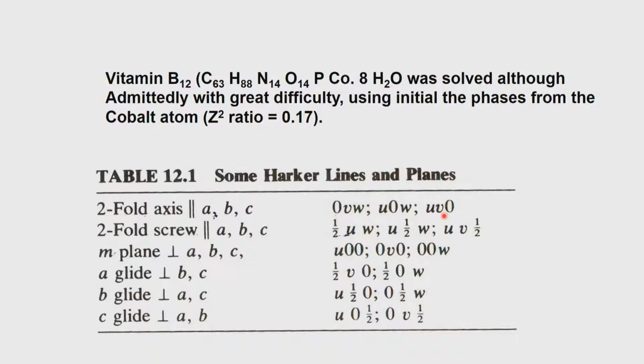So, if there is a two-fold, we have to examine the sections passing through x, y and z at half. Take for example 2 1 2 1 2 1. You will uniquely solve for U, V and W because you look at these three projections and you get solutions for U, V and W. So, if there is a heavy atom, then the heavy atom position in terms of U, V, W vectors is possible to be found. Therefore, the examination of Harker planes gives us an opportunity to identify where the heavy atoms are and also to associate the symmetry that is associated with that particular space group.